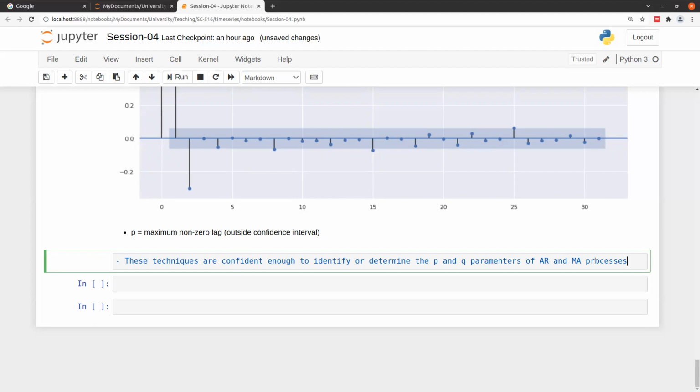These techniques are confident enough to identify or determine the P and Q parameters of AR and MA processes, because